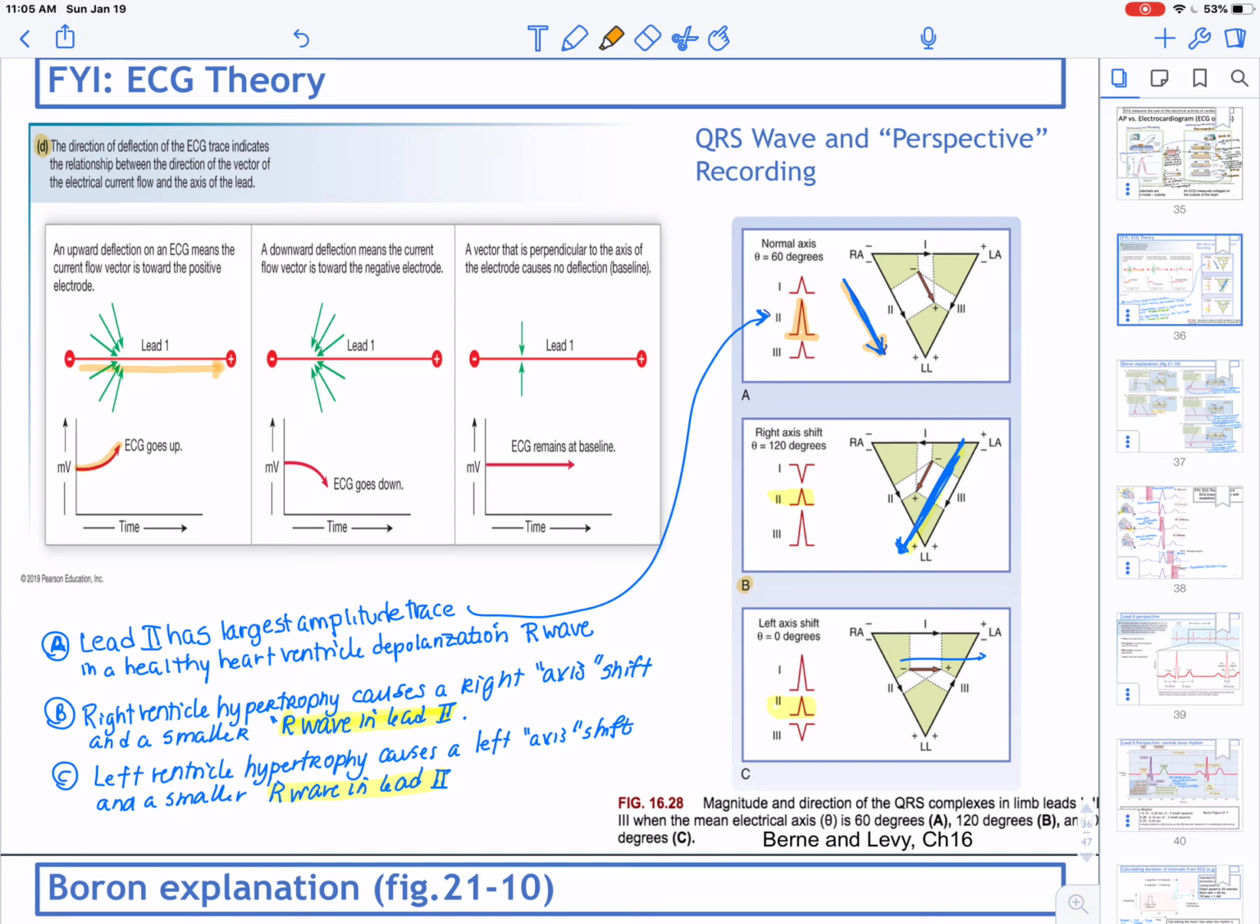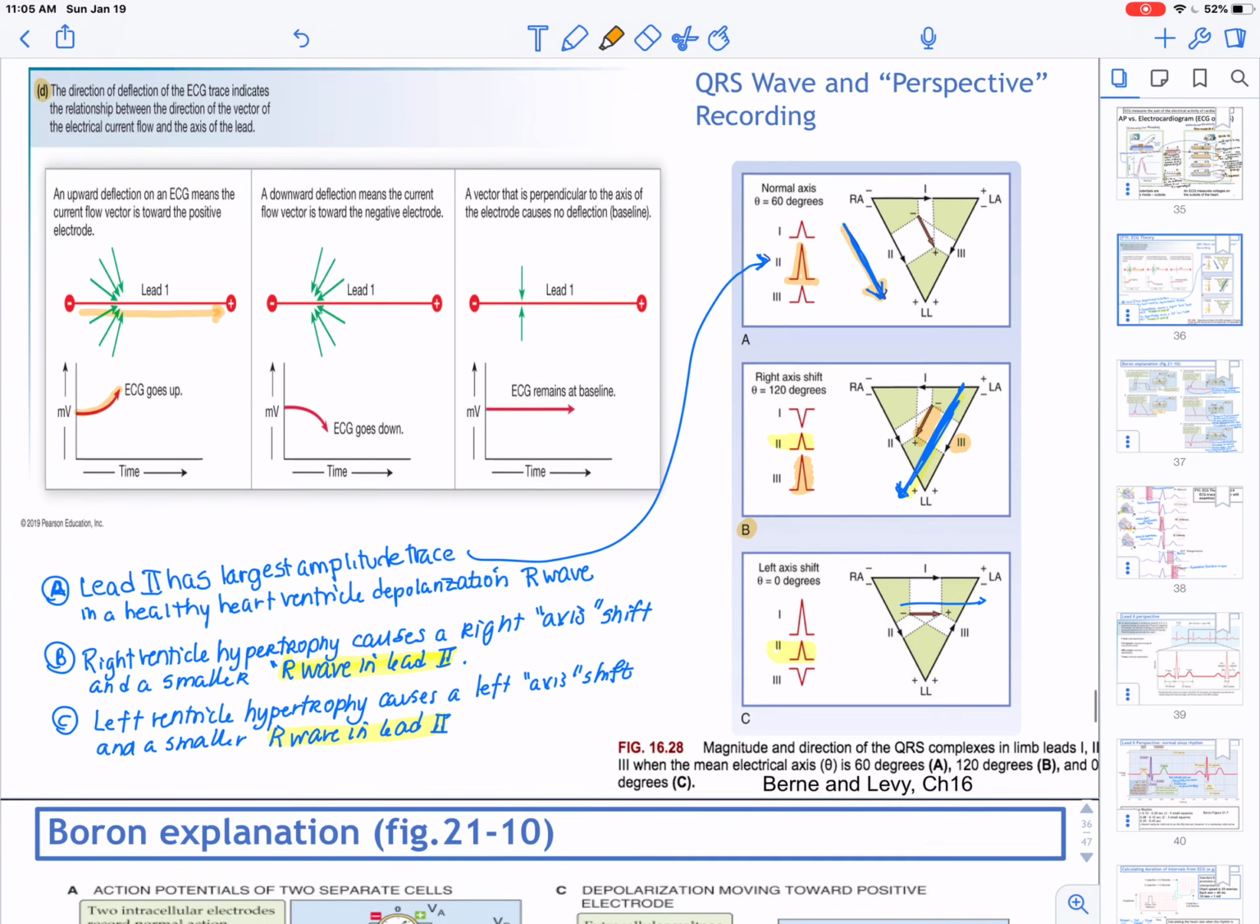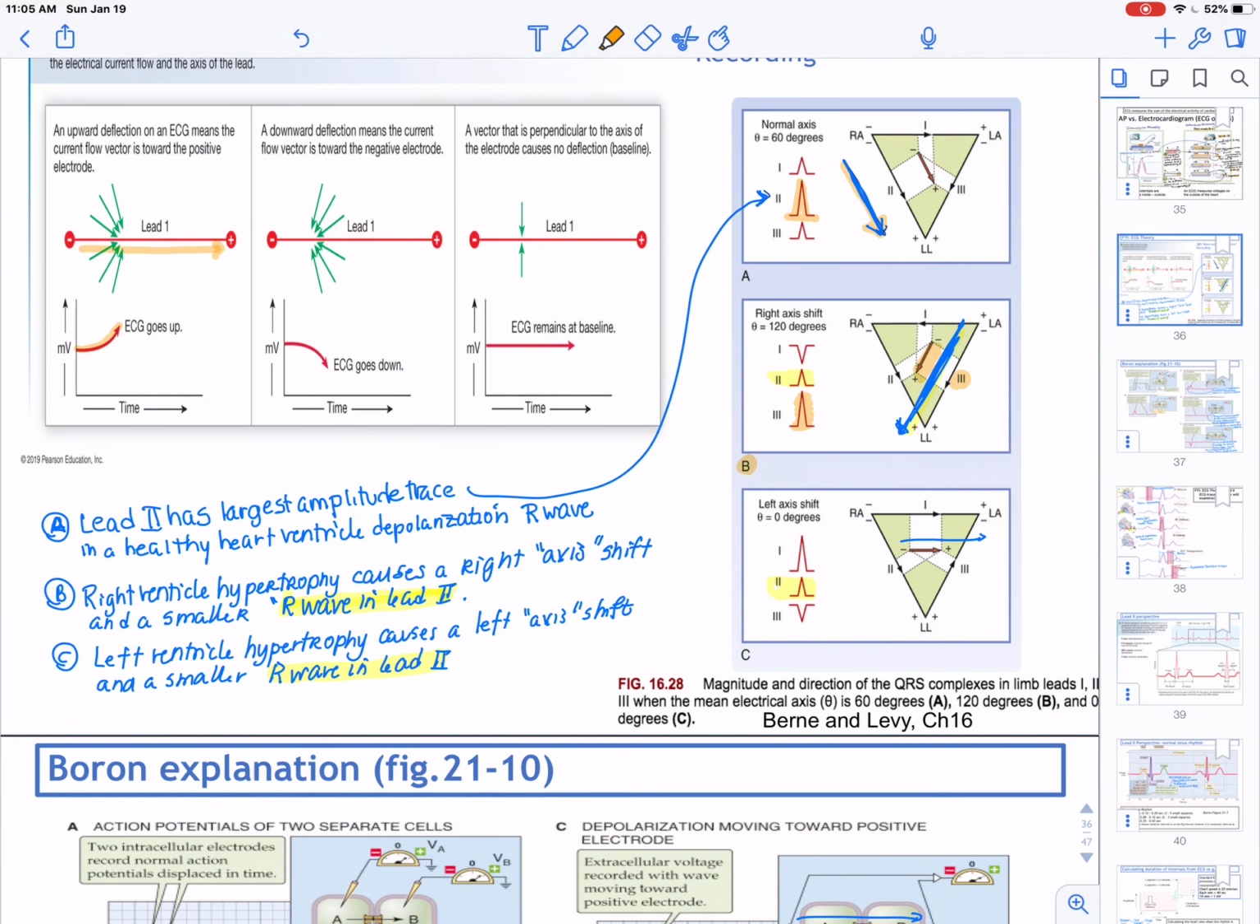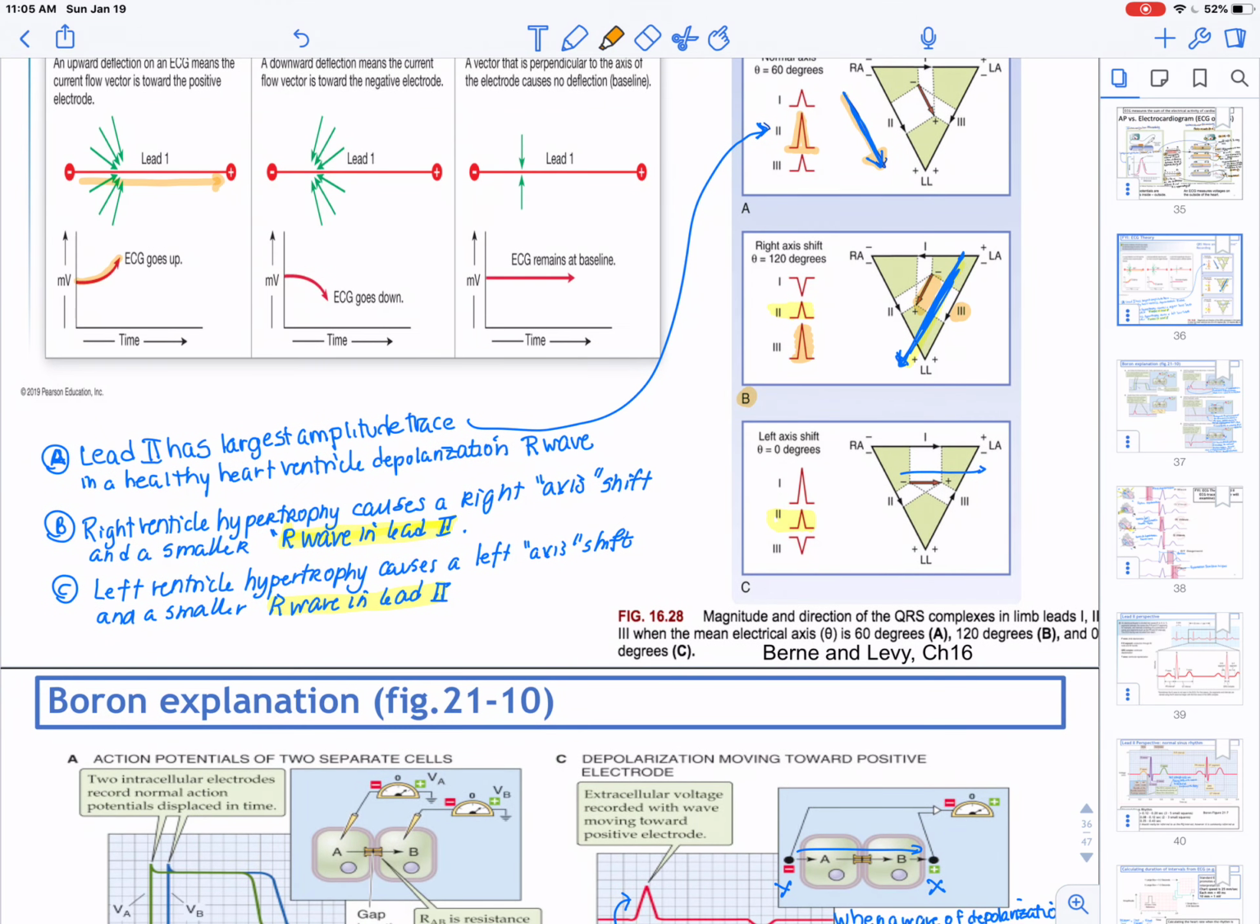Now in B, the R wave is smaller than what's seen in lead 3 because the major vector of current flow has shifted, so that now lead 3 shows a larger amplitude R wave. This could be, for example, if the right ventricle has hypertrophied. So this would be one example of a way that the ECG can give you information about the state of the heart electrically,